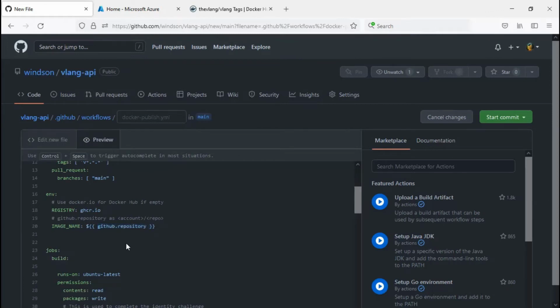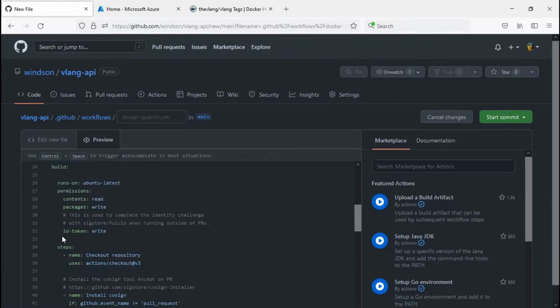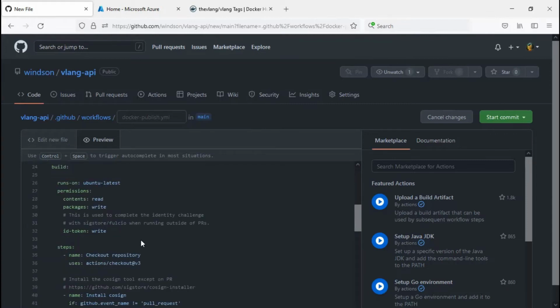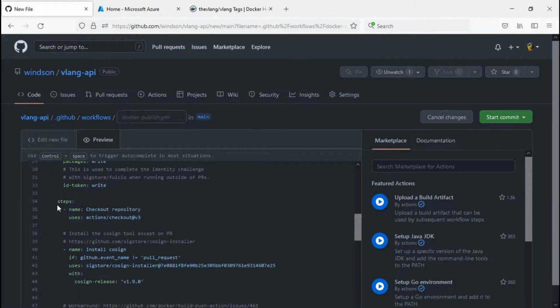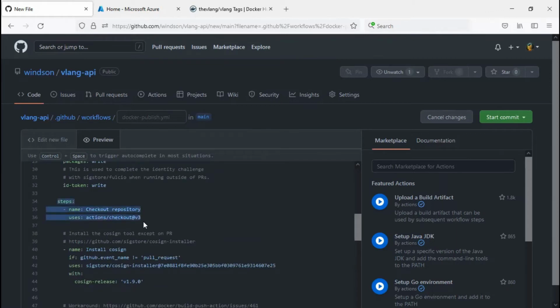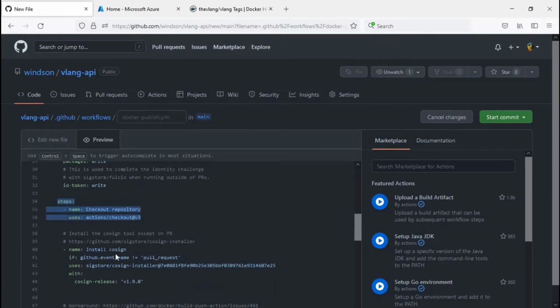If we look further down, we have various build steps in the jobs section, and all these jobs run on an Ubuntu latest instance that is provided to us, which is the build runner. It also has various permissions mentioned in the permissions section, and the steps such as checkout repository is the first amongst all, followed by install Cosign, which is like a library or a package we can say, to sign the image that is built by this action.